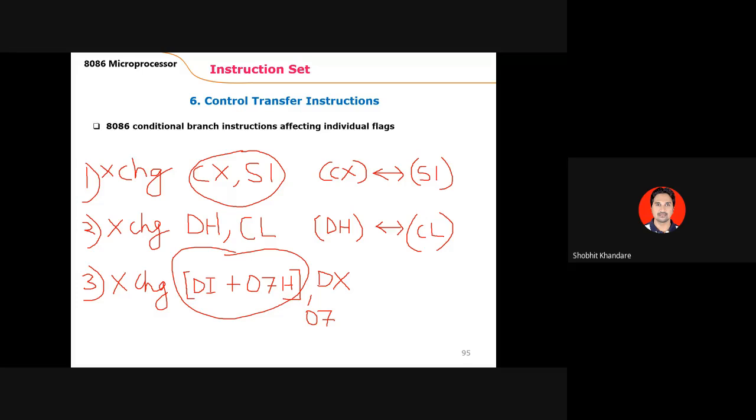Will be used as a offset. Okay, and you know that offset is always 16 bit. So this 07 will be converted into, I want everyone to have a keen observation on this, 07 will be converted into 0007. Now this DI will point to memory address, and this DI will point to data segment, by default data segment. So I can write down